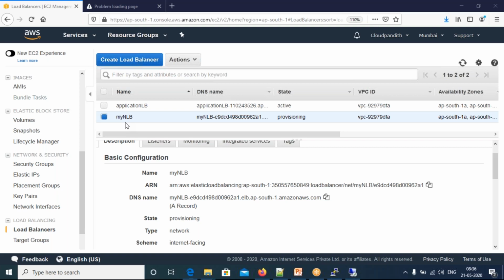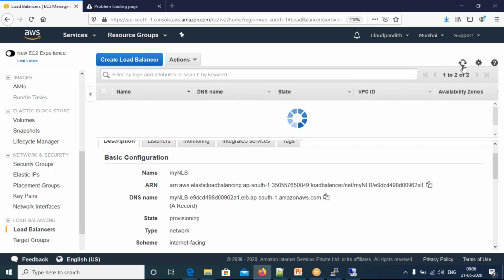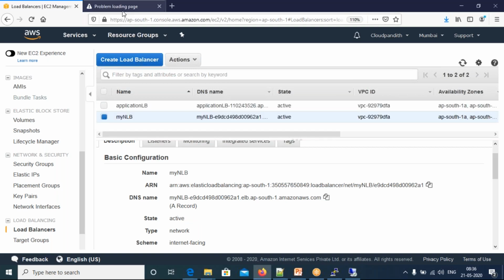If it is available, then only it is going to forward the request to that particular server. Next, in a network load balancer, once it has received the request, that connection will be there throughout the process. But with an application load balancer, once the request hits the load balancer, the client connection will be stopped, and separate security groups take the request and process it. Okay. See, this is active now.